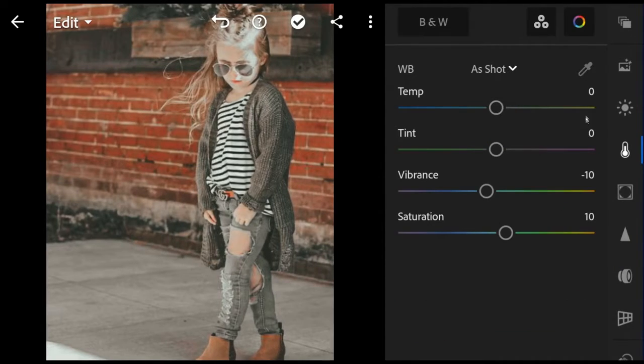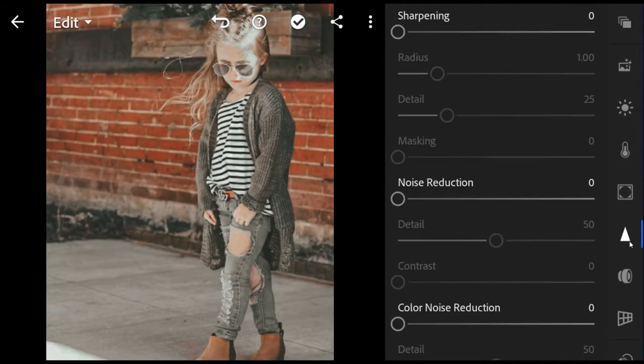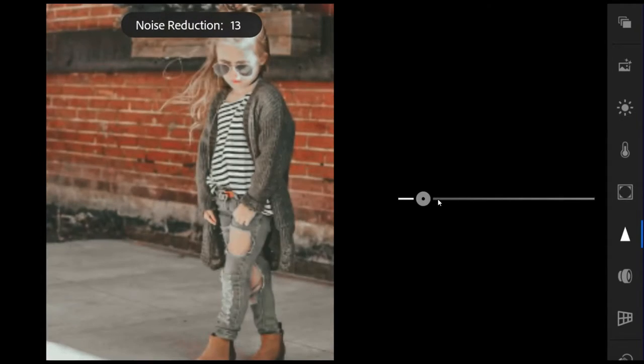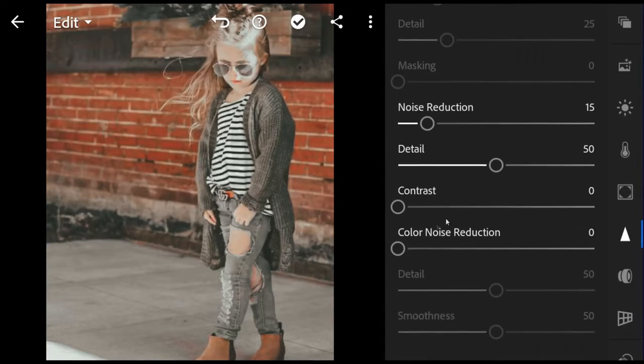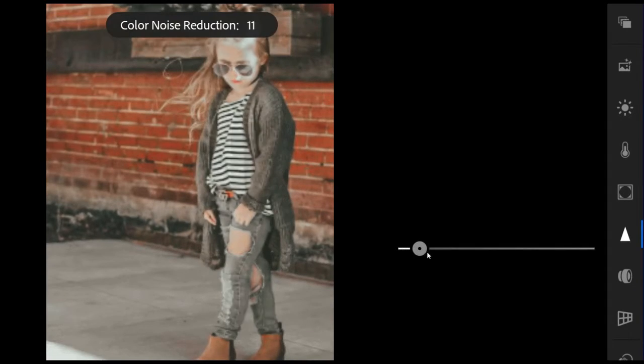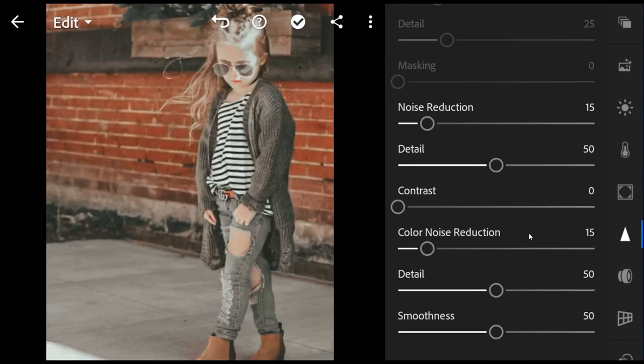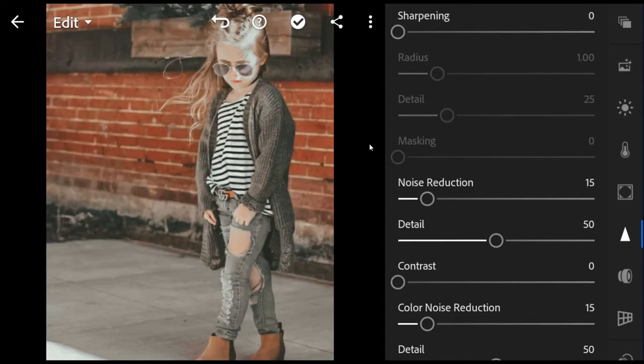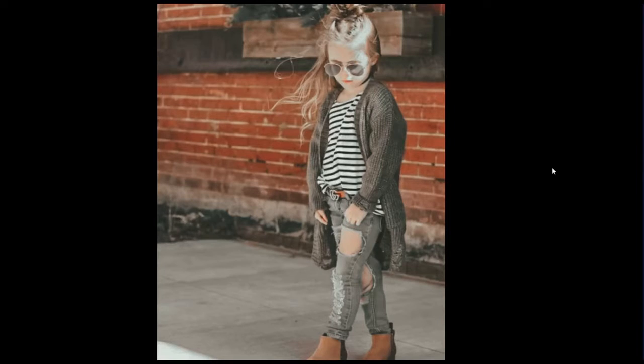And done. Now go to Details. 15 for noise reduction and color noise reduction. And finish.